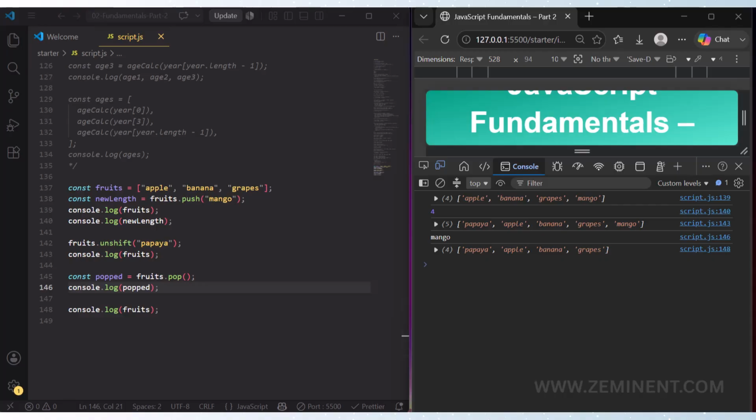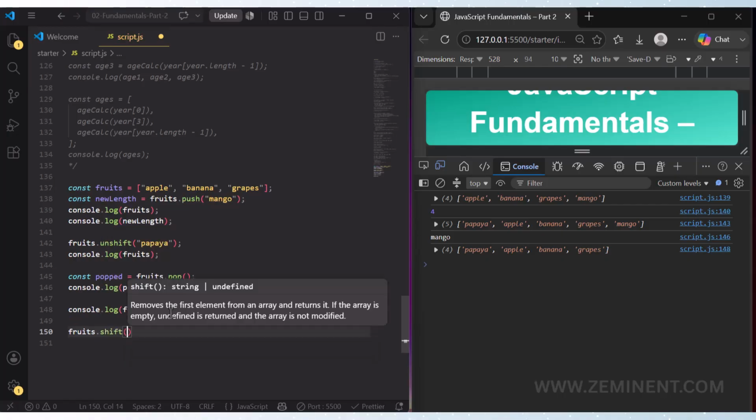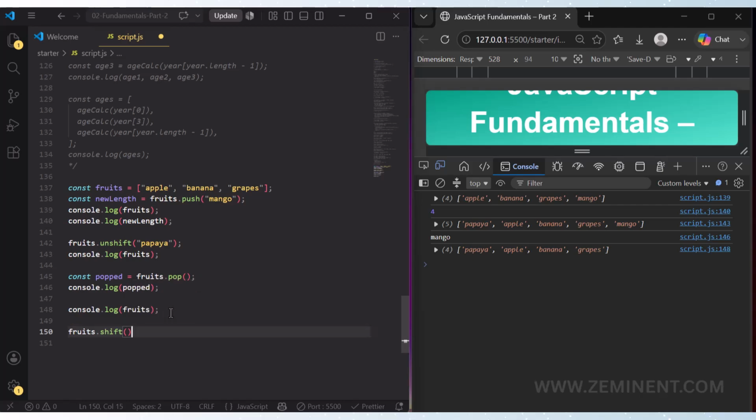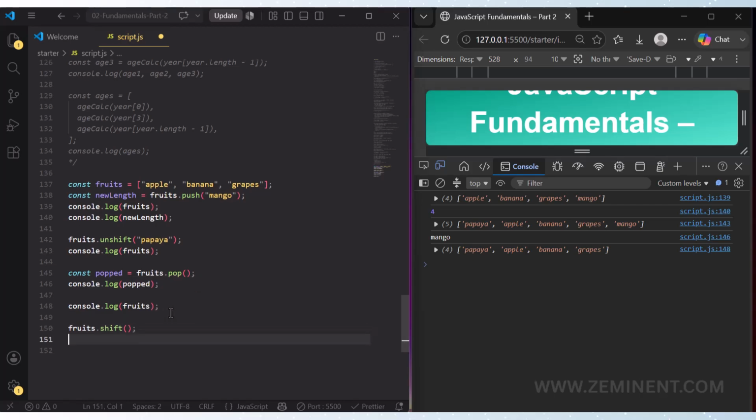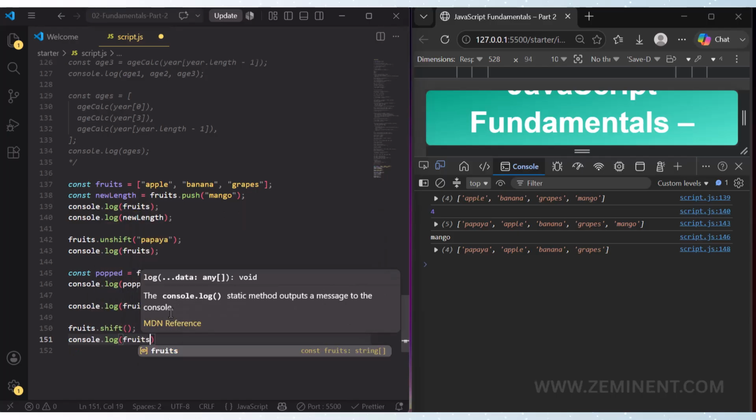Okay. And now let's remove the first element. For that, I am writing fruits dot. Here the method is shift. Here also we don't need to pass any arguments. Console.log fruits.